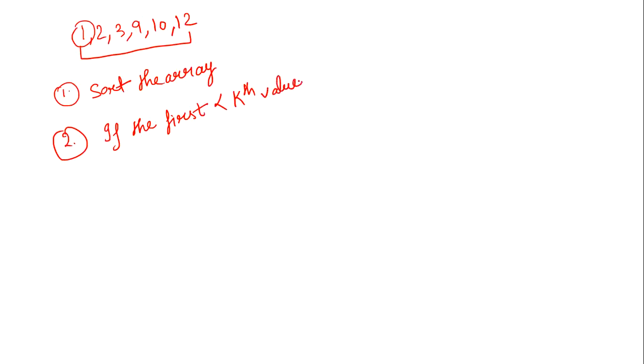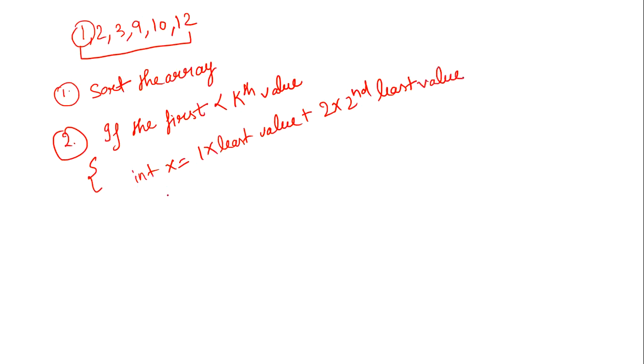So if this is the condition, what we have to do, we will simply move inside the loop, right? And we will apply the operation. Which formula we have to apply? Suppose we have to apply 1 into least value, and then plus 2 into second least value. So we will simply apply this formula, and then next, first of all you have to take out these least values as well.